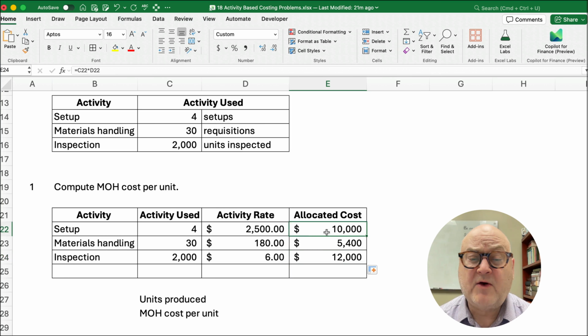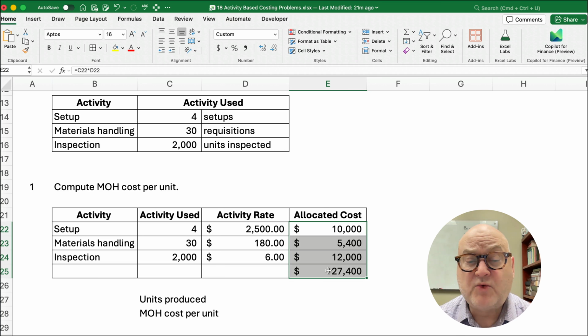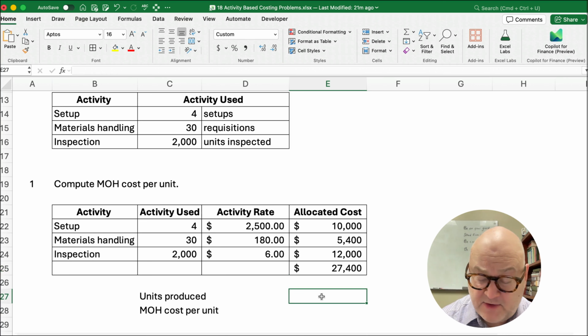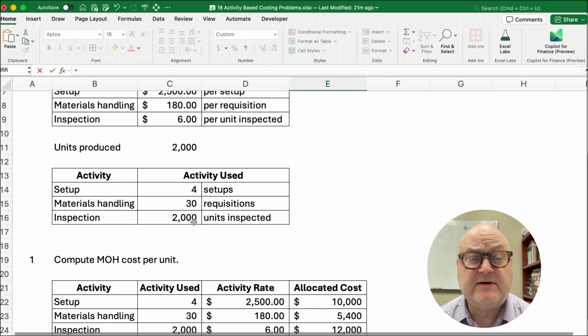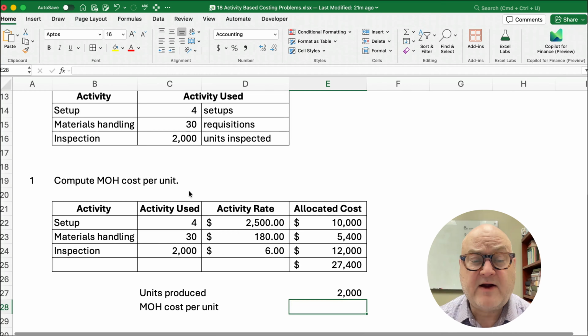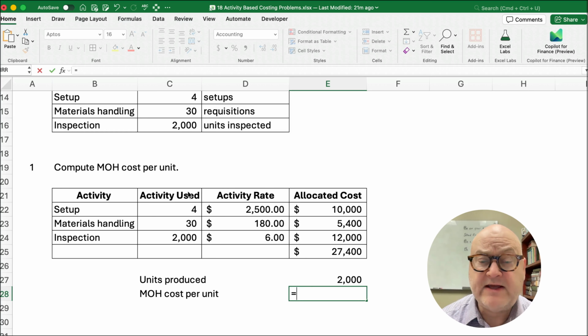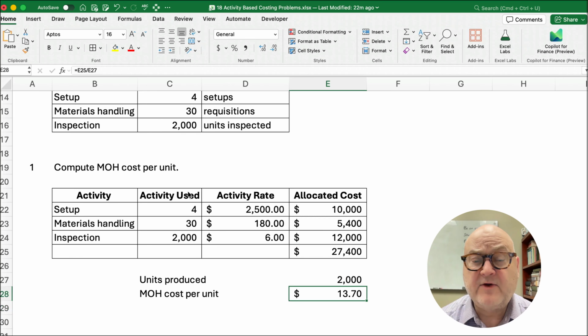Now, what's the total of the allocated cost? Well, the total is going to be 27,400. And how many units did we produce of this? Well, we produced 2,000. So what is our cost, our overhead cost per unit, or MOH cost per unit? 27,400 divided by the 2,000. So here we have our final answer here is